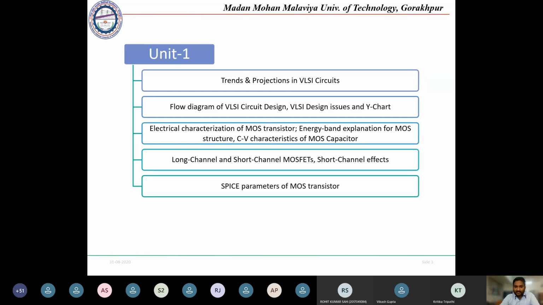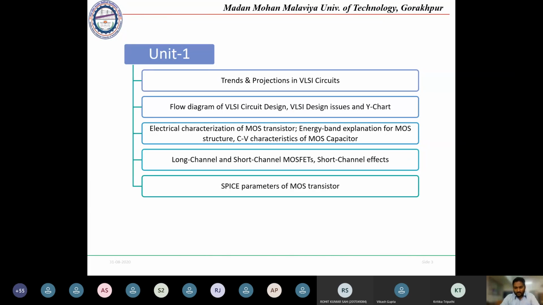So to design a VLSI circuit, we basically follow a predefined setup. So there are predefined steps to be followed for designing a VLSI circuit. So any circuit we are going to design, we will be following a set of patterns or set of steps, so that we will study. And then the electrical characterization of MOS transistors. That means how the functioning of MOS transistors takes place. We will study that, and I think you have already studied in the third year courses. So it will be an overview of the operation of MOS transistors.